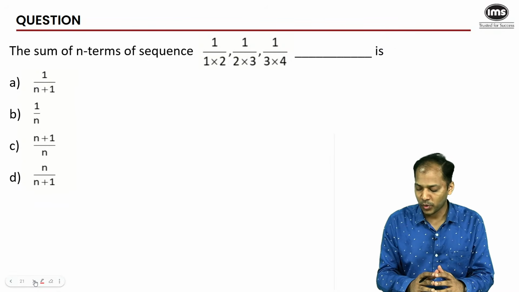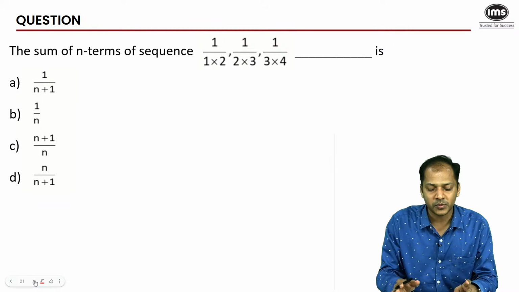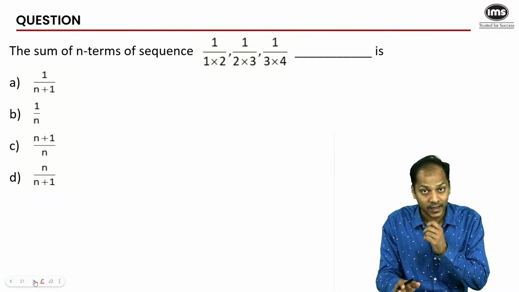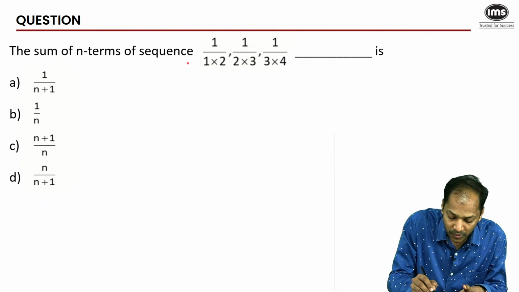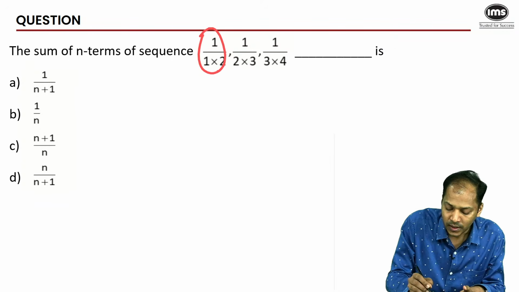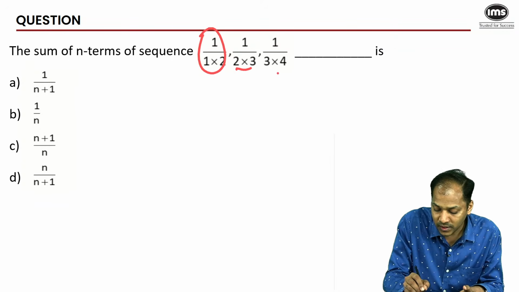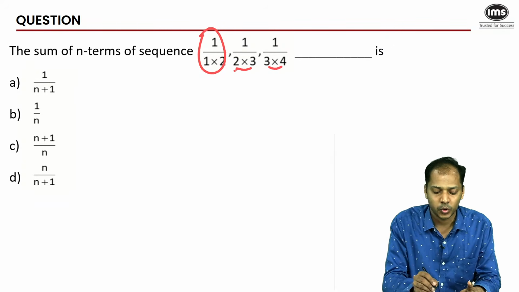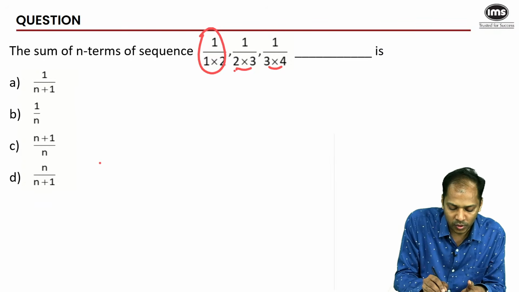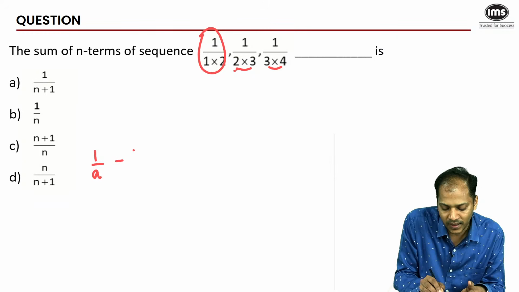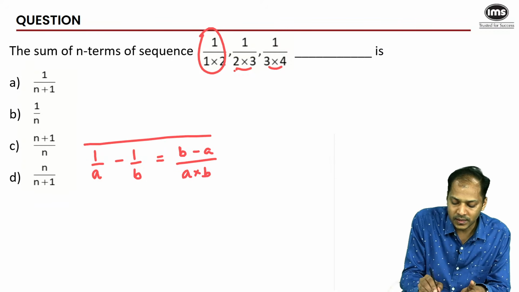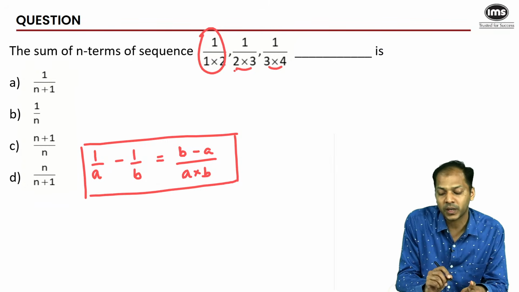Okay, all right, so let's go ahead and take this up. Now the sum of n terms of the sequence 1 upon 1 into 2, and there are n such terms and they are summed. Now you just had to understand over here, whenever you have such a sequence where the difference between the two numbers in the denominator of each consecutive term is the same, you always split them. So the concept that we'll use over here is 1 by a minus 1 by b is equal to b minus a upon a into b. This is the base concept that we are going to use over here.